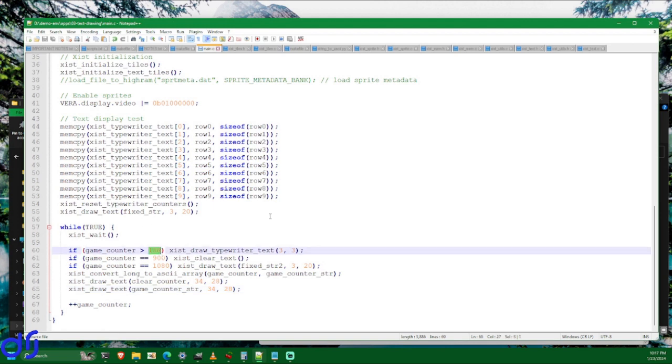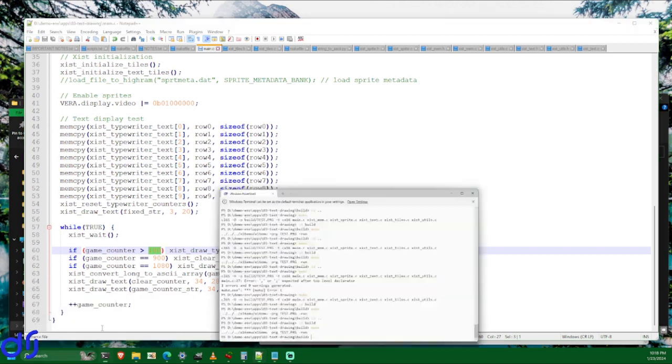And by the way, the reason I have it wait for 3 seconds before I start displaying the typewriter text is because it's always going to launch on my other screen. And so I want to give myself time to drag the window from that screen onto the one I'm actually recording, so that you'll be able to see it before the typewriter text starts displaying. So that's why there's this 3-second delay. So let's go ahead and